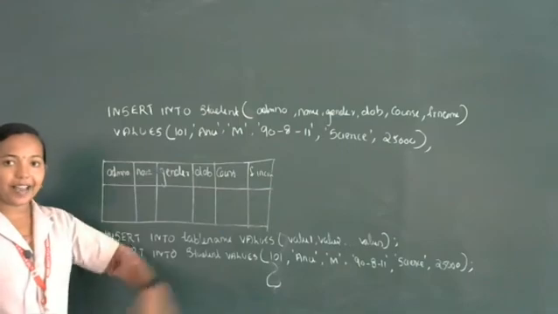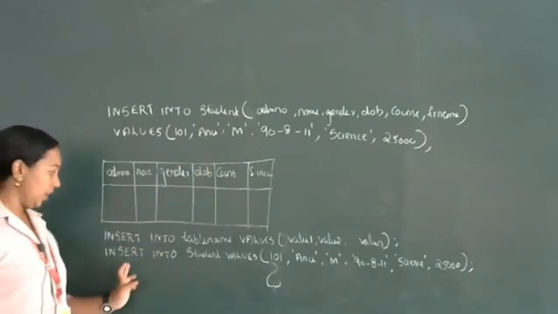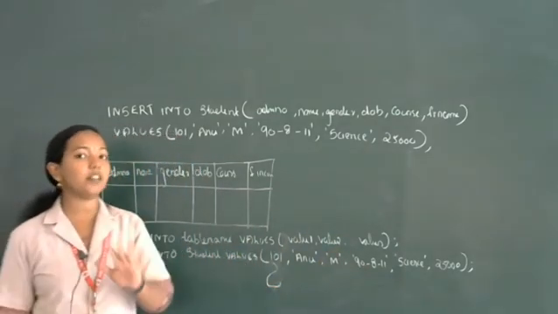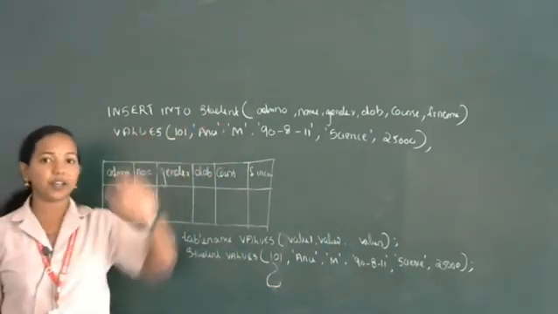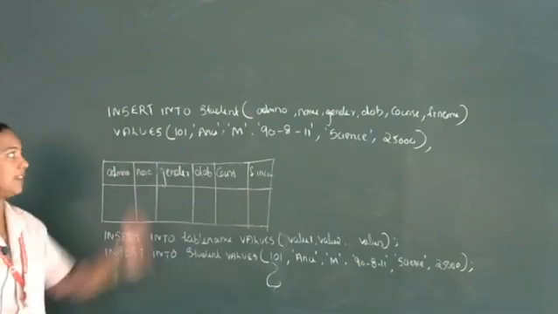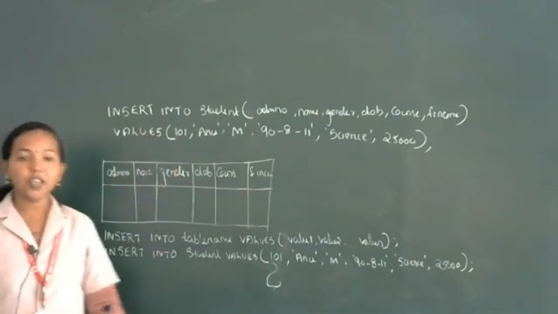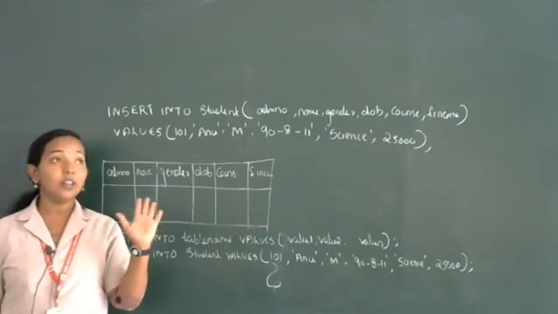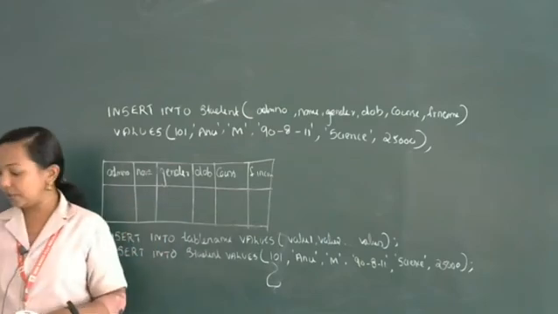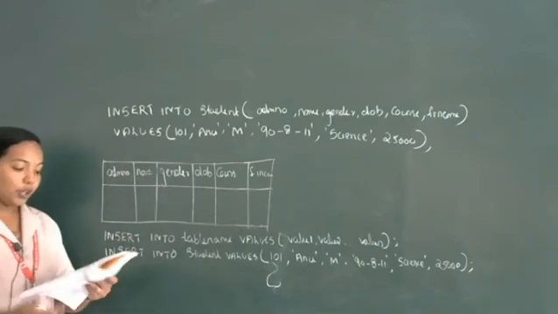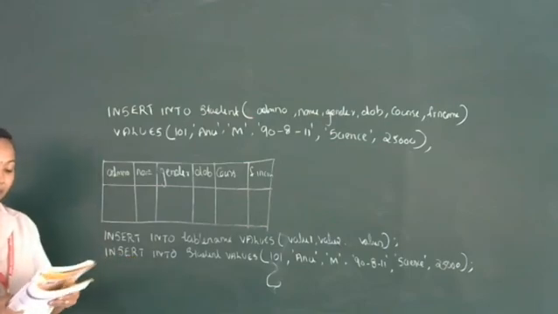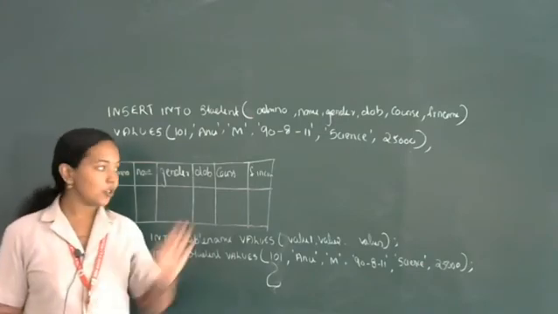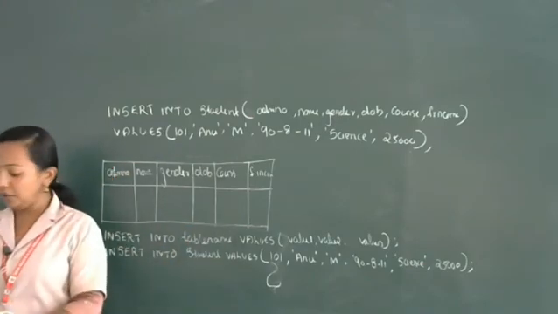First method is directly specifying the values: insert into student values. If you have any doubt in the order, then first specify the column names and after that the values also we can specify. So if you write the second method, there will be no mistake in the order. So there are two different methods available. We need to make sure that the order of the values is correct. So these are the two insert into value methods.